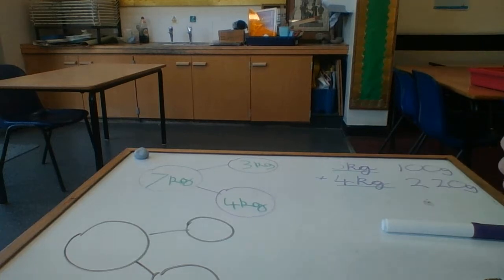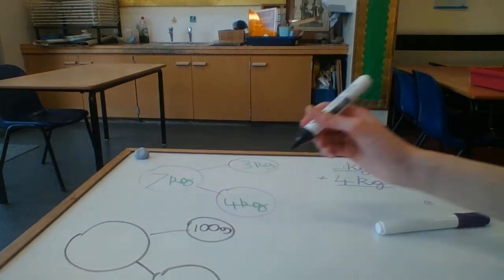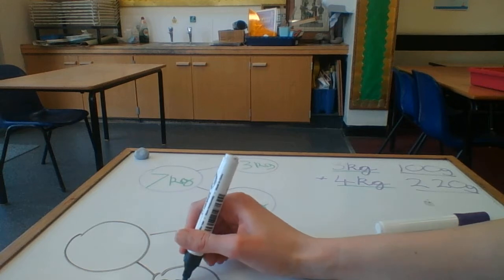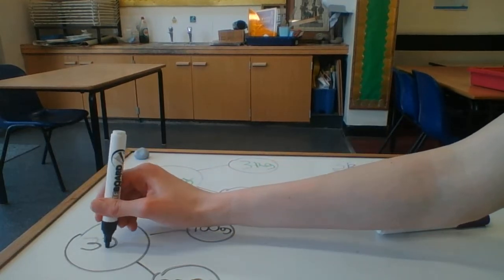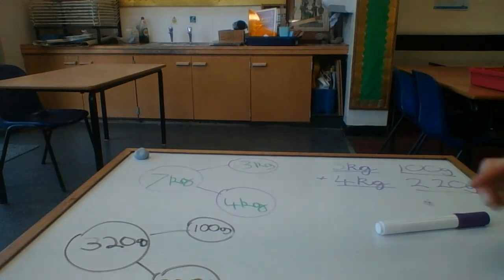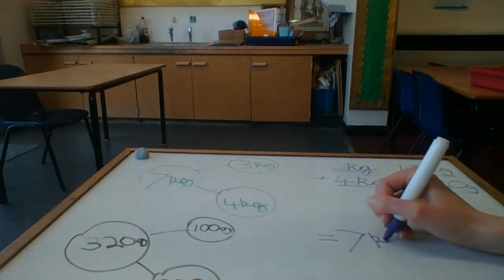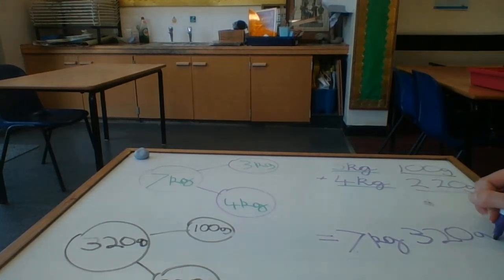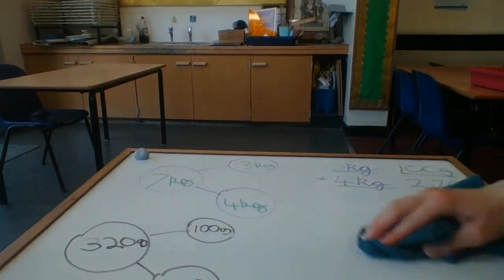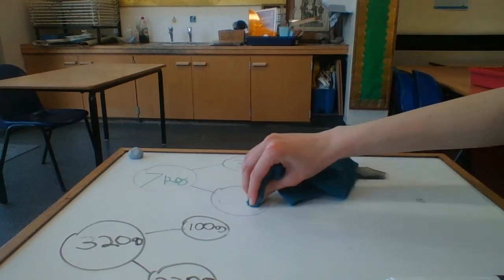Okay. And then I'm going to add the grams. Okay, so I've got 100 grams, add 220 grams. 220 add 100 is 320 grams. So my answer altogether equals 7 kilograms and 320 grams. Okay, so I can do it like that. I can also use this method for subtraction. Okay, so if I just rub these numbers out,